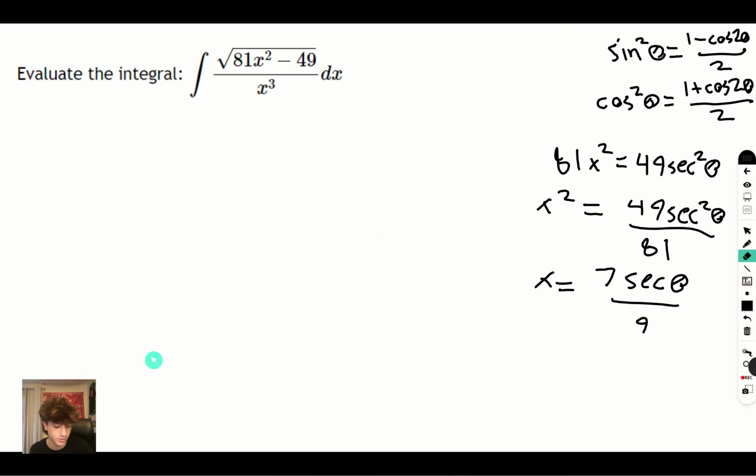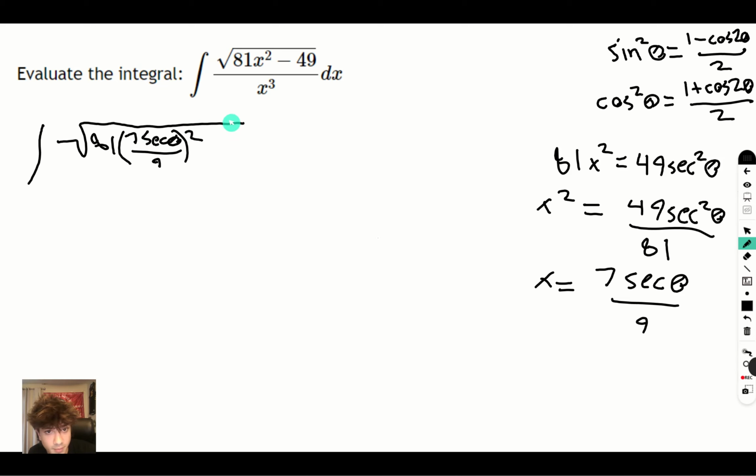There we go. So now let's plug in this x to our equation. We have our integral, square root of 81 times... plug in this for x, 7 secant theta over 9, squared, minus 49. And we'll keep the x cubed and the dx the same for now, because something really interesting happens as you